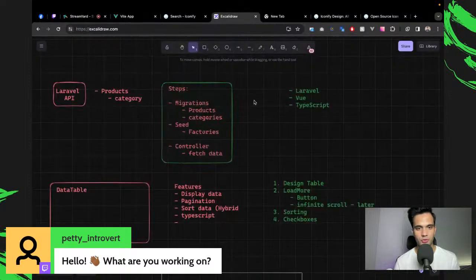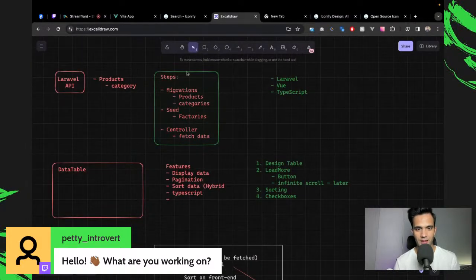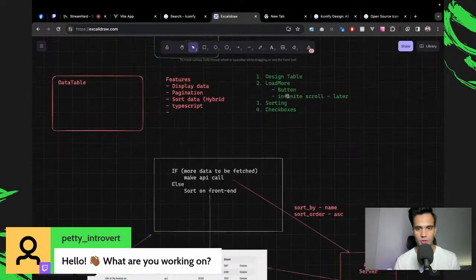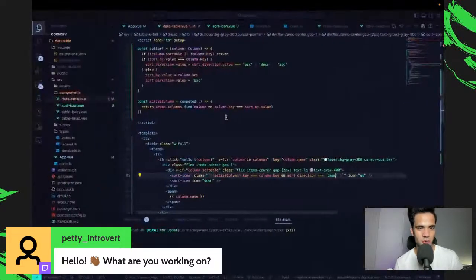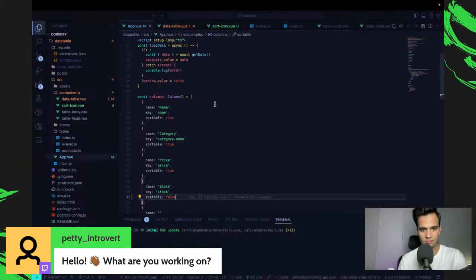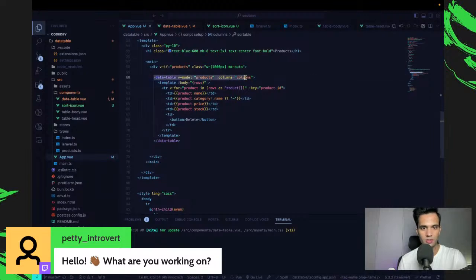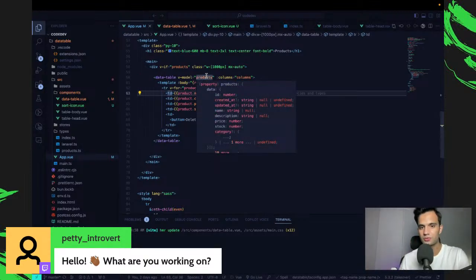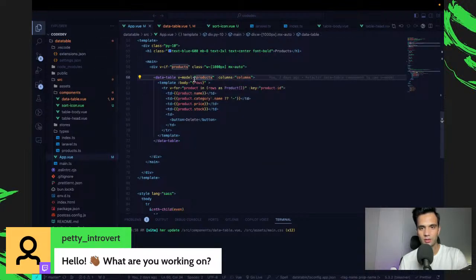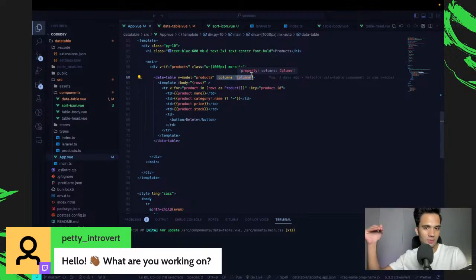And this is basically my fourth stream already. And this is what we have built so far. So our load more is already functional. The beauty lies in the way this component is being used. So all I'm doing is basically just calling a data table component, passing it a Laravel resource or Laravel response from backend. If you could see, it's in TypeScript, so you'd probably get the idea. And then I'm just passing it the columns in the data, and rest is on the data table. The load more, the sorting, and all.